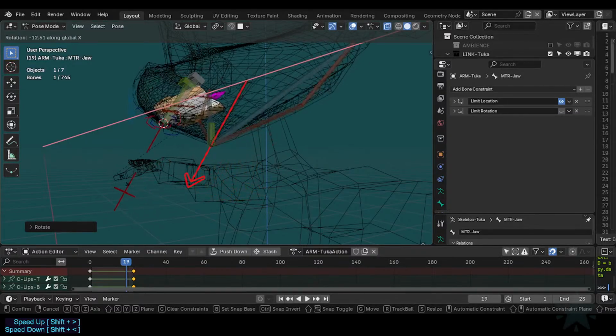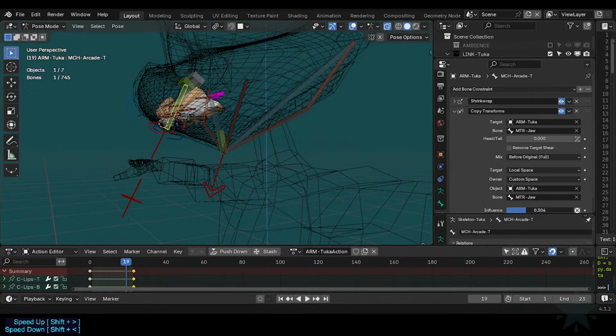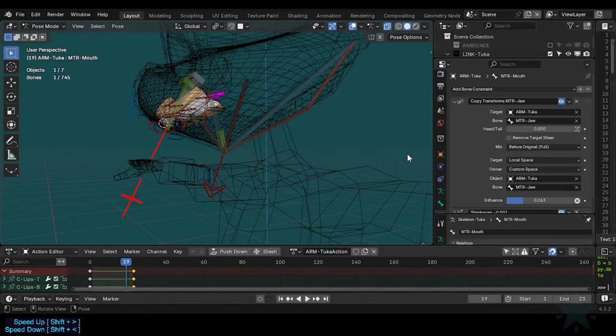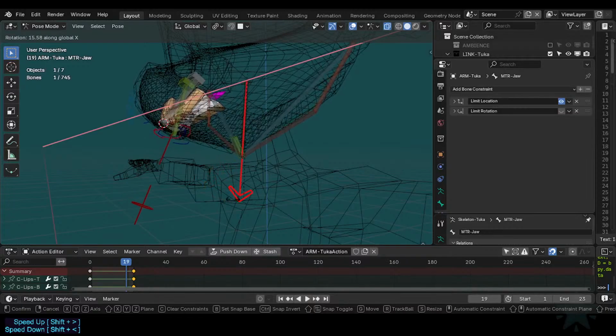Yeah, that seems to be okay for the most part. This has a similar value there, but